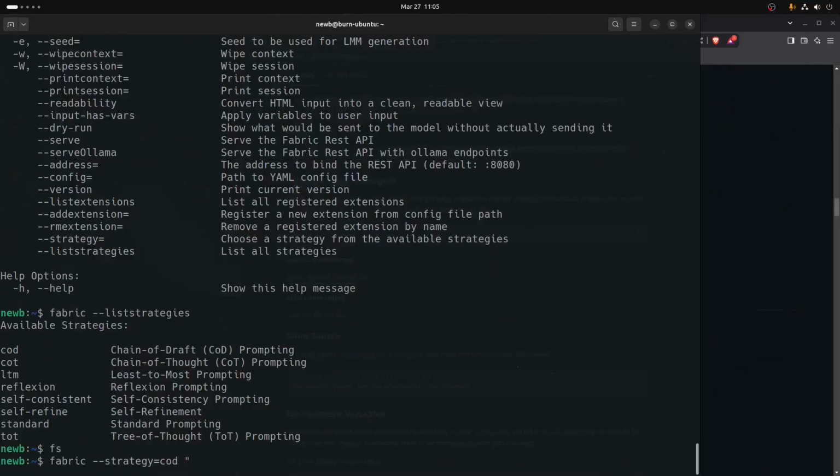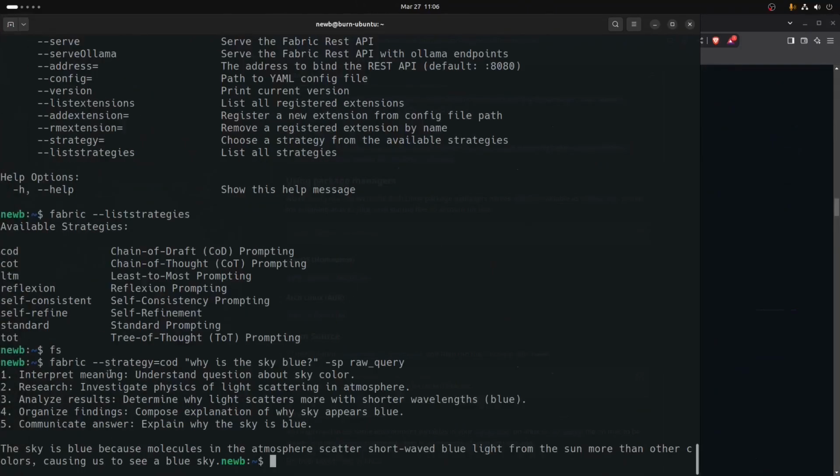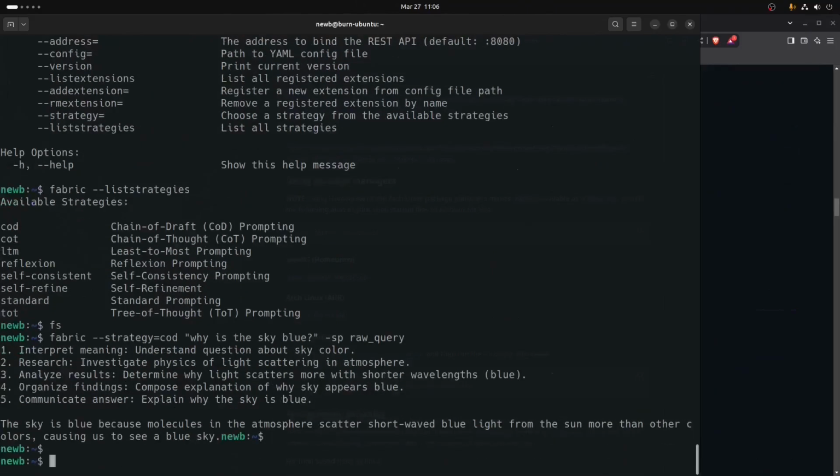Then we'll do, I don't know what our favorite question is, right? Why is the sky blue? We'll do -sp and we'll do raw query. And so this is what we get. We get a stepwise reasoning process. So this isn't a very useful example, but I'm showing you how to use the 2 new strategy flags and how they're used. So if we were to run that again real quick using dry run,